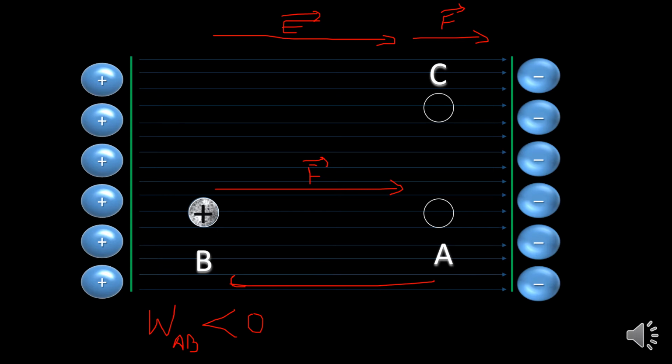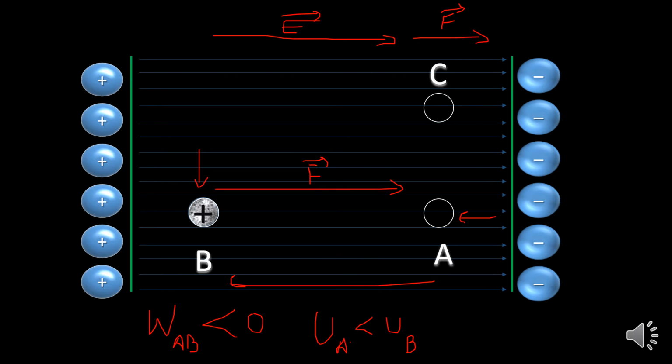We have to push it. Okay, so if we say charge is going from A to B by itself, it has to be negative work done. And in this case, if you consider potential energy, potential energy at B has to be less than potential energy at A, because someone has done work on charge, someone has spent energy, and so by the time it reaches point B, its potential energy must have increased.